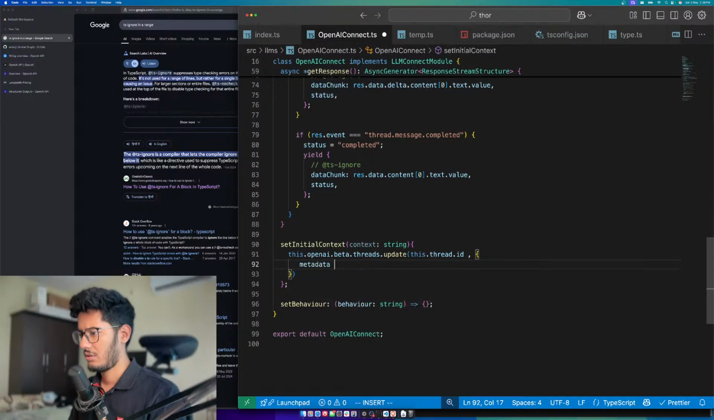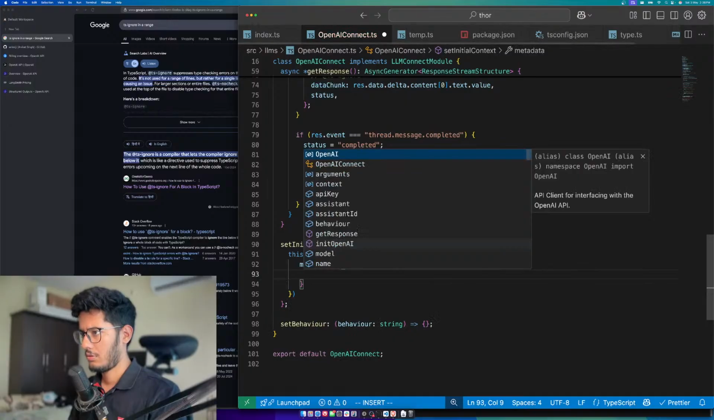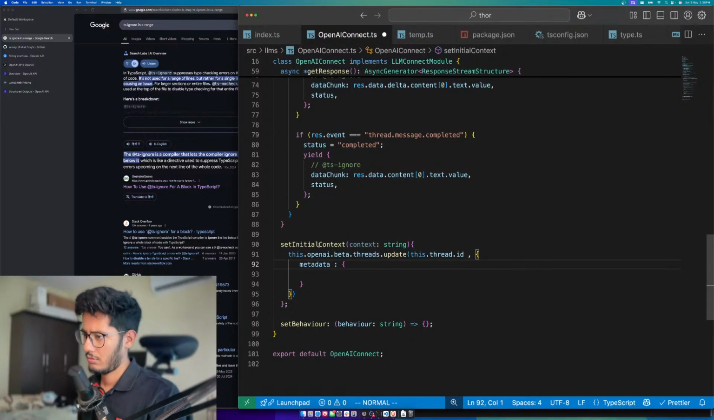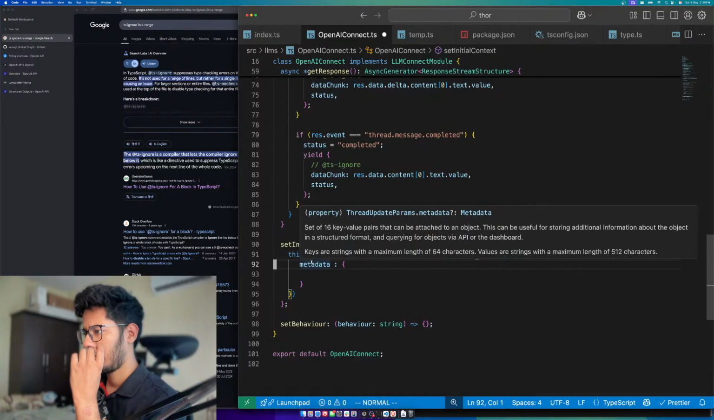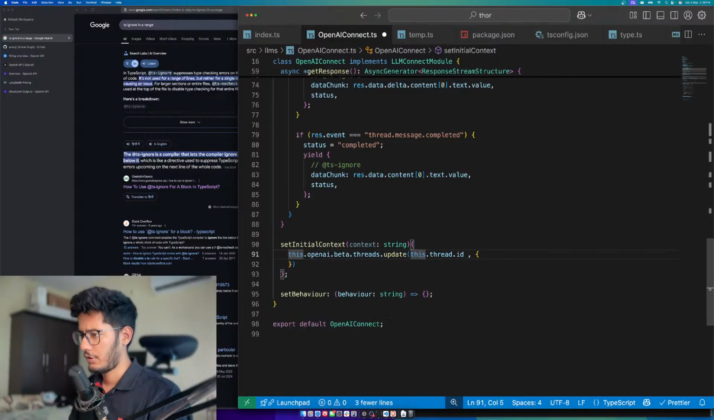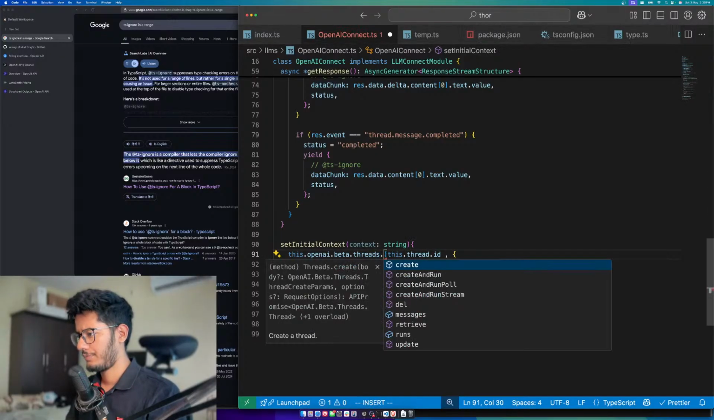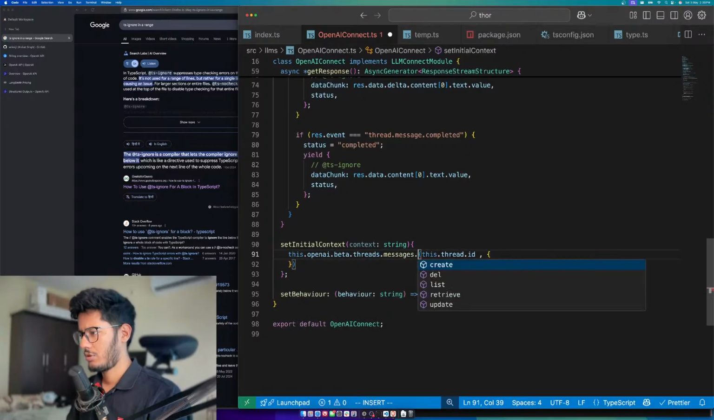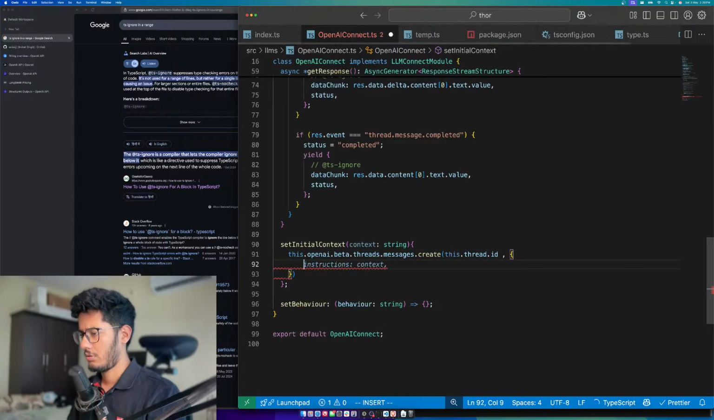what is metadata? 16. This can be useful for storing additional information about the object in a structured format and querying for the object via API or the dashboard. No, I don't care about the metadata for now. At least we'll be caring about it later on, but not right now. This.threads.messages.create, instruct, I don't know, role assistant